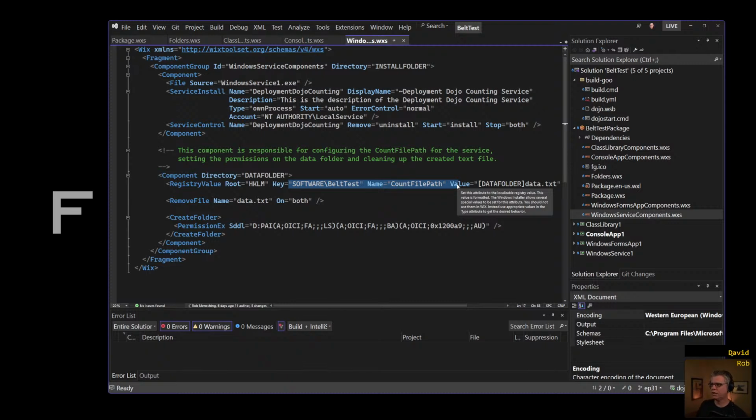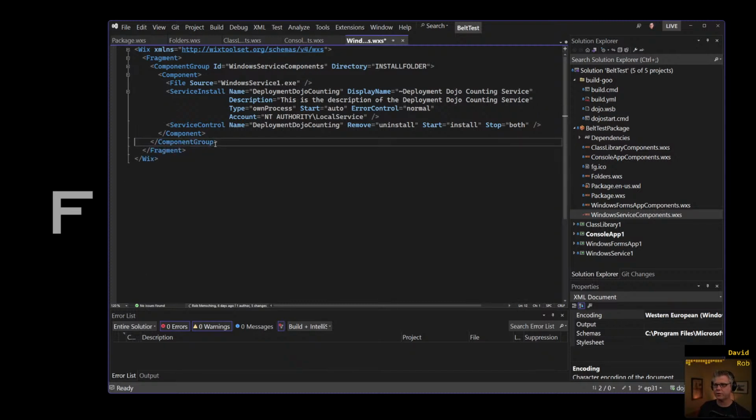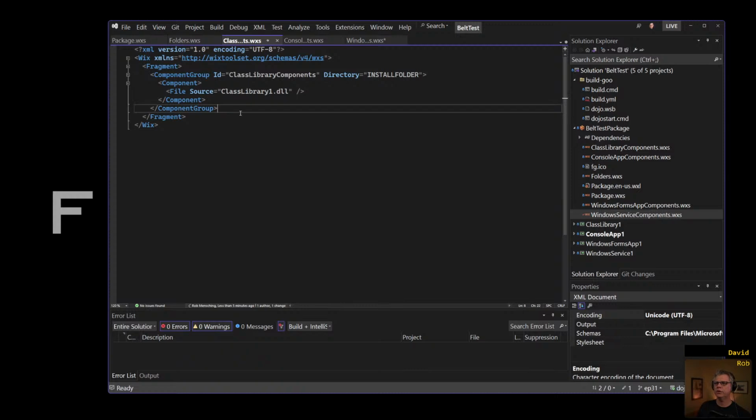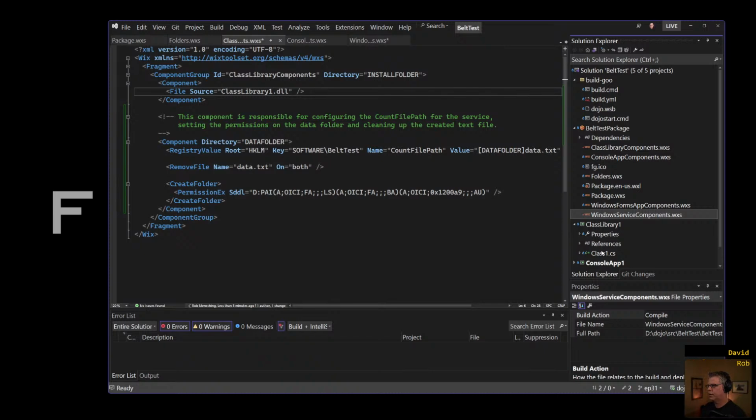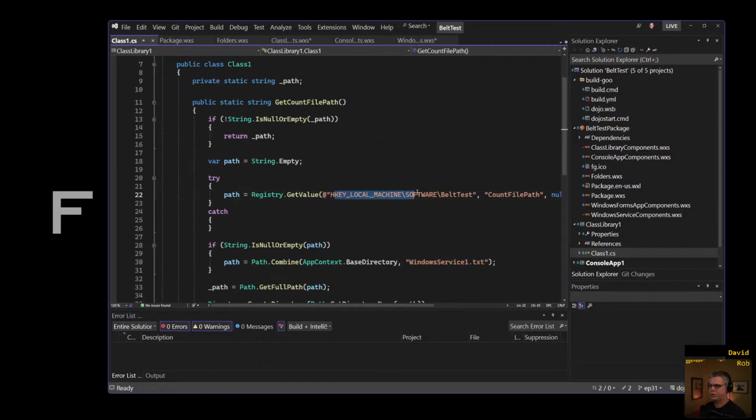So I was thinking, what if we pick this component up and we refactor our code a little bit, and we go, you know what, you class library, you are responsible for configuring this. So this class library is now responsible for keeping track of this registry key. Why? Because if we go look at the class library code, it's the only one that actually has any reference to this registry key. Okay, yeah. Because this registry key doesn't exist in the service, it doesn't exist in the console app anymore. It's just referenced by this DLL.